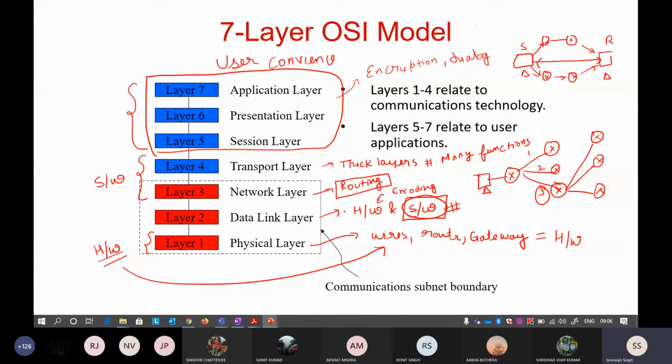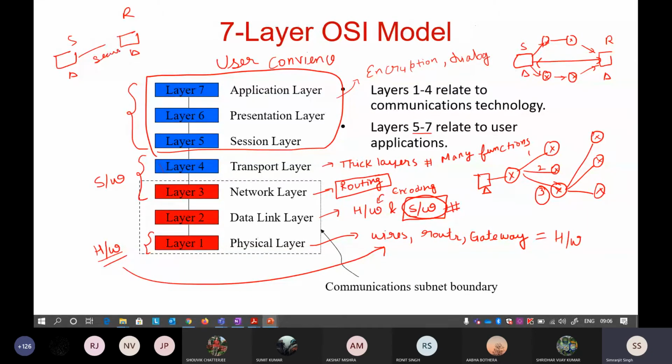Now the fifth, sixth and seventh layers are for user convenience. They are related to user applications, meaning you provide extra functionality to the communication. Suppose there is a sender and a receiver, and you want your communication to be secure.